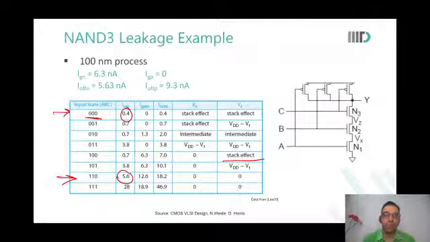Exactly. In components of leakage, you can measure the current at the gate terminal. It will give you the gate leakage. You can measure the current at the drain terminal. It will give you the drain leakage, subthreshold leakage. Okay, sir. Thank you. You just probe and measure. Yes, sir. Thank you.